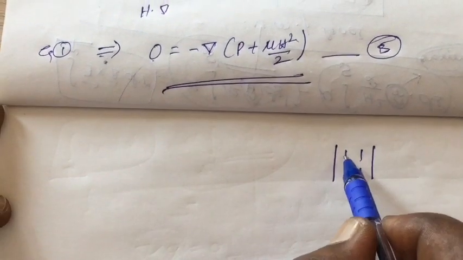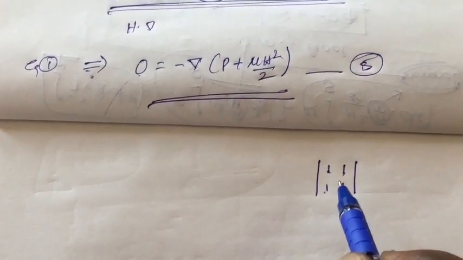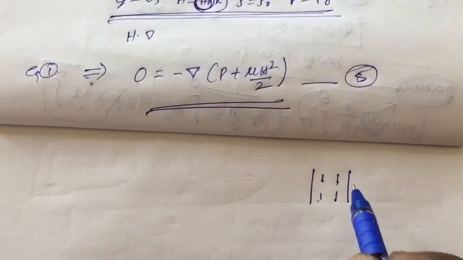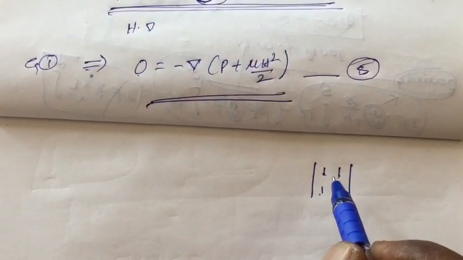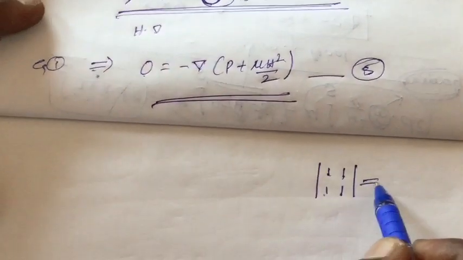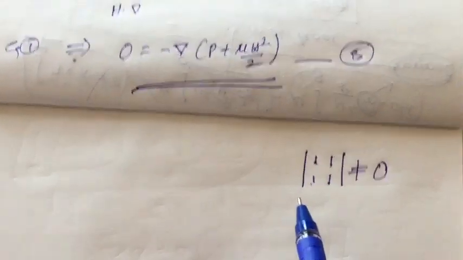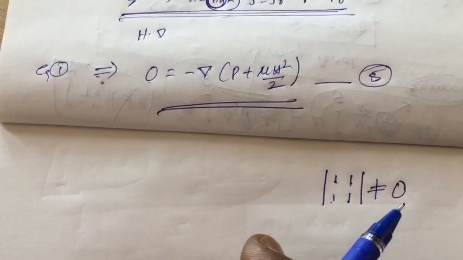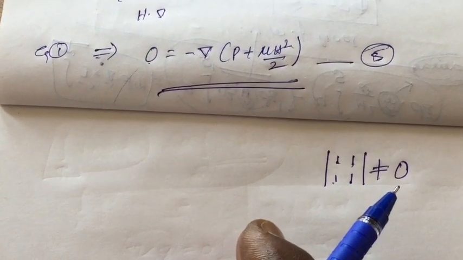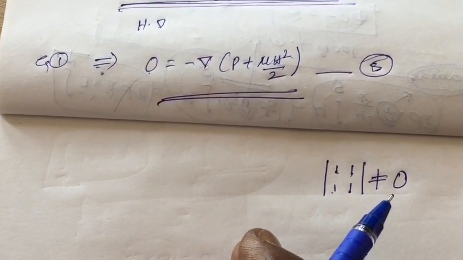Any one of the elements means I am going to disturb any one of the elements in that matrix, so this or this or this or this. By adding a very small quantity or by subtracting a very small quantity to any one of these, you can verify it is not possible to get 0. It becomes non-zero when we perturb the quantities. Perturbation means you are going to give some small disturbance to the system.